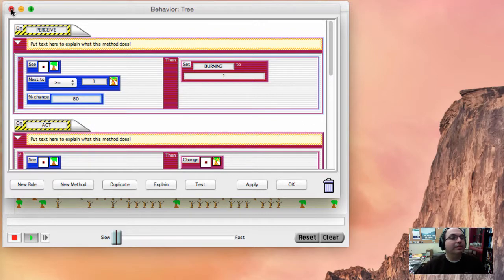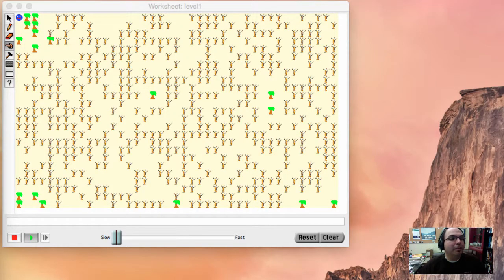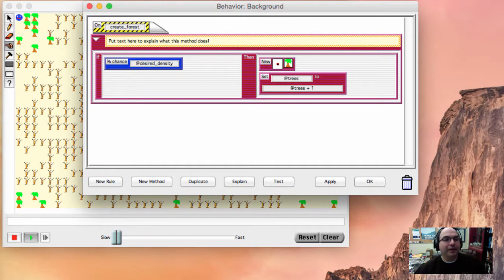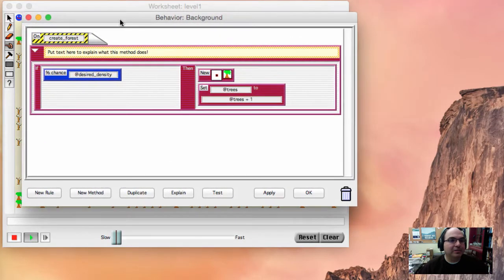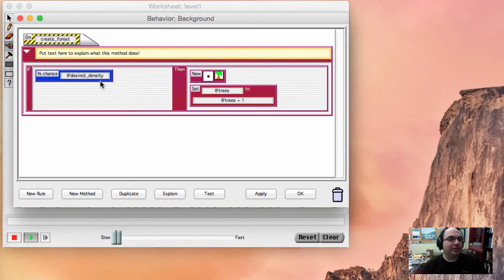All right, so let's get rid of that. The background in this particular game is actually interesting, because when it gets a message to create a forest, then what it does is, with a given percent chance, and that could be a 10% chance of building a tree, 20% chance of building a tree, whatever, it'll actually build a tree, and then it keeps track of how many trees it's built. The reason that we need to keep track of that is so that we can get the percentage of